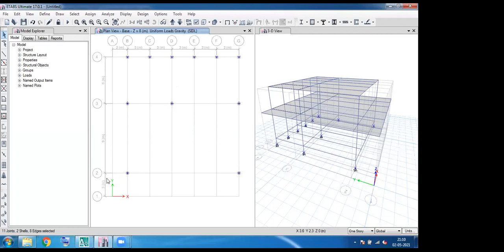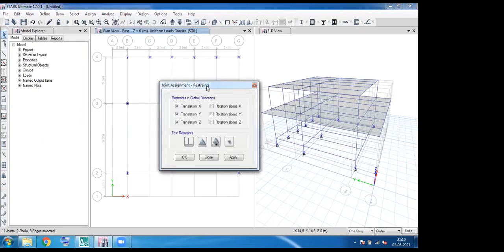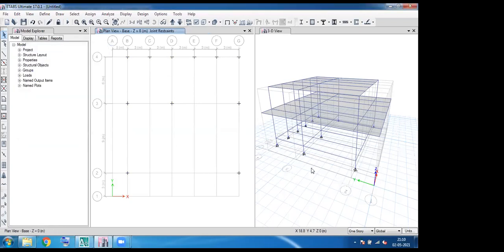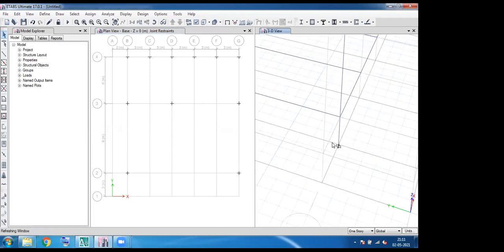Okay, so now I'm going to apply the fixed support right here. Going to assign joint restraints. See, we need to give a fixed support so everything will be selected. We need to restrain the translation in X, Y, Z, as well as the rotation in X, Y, Z. Otherwise, these are the options. One, this is a fixed support. And finally, none support. None means, in order to delete the support, just select none. Okay, right now I'm going to choose a fixed support here, apply it. Support is fixed. See, this rectangular symbol is the fixed support.